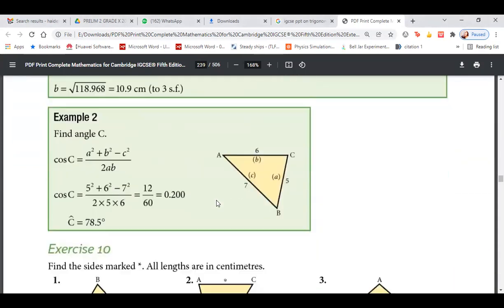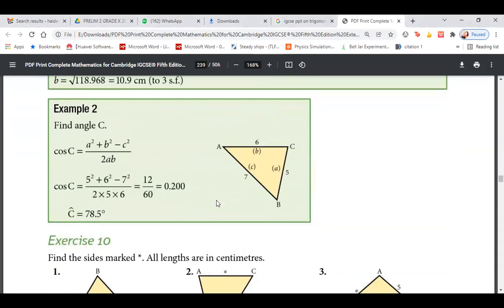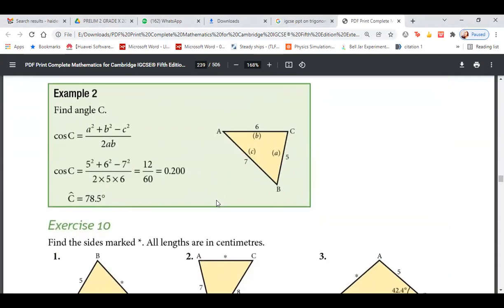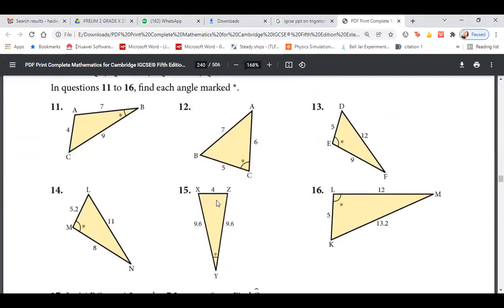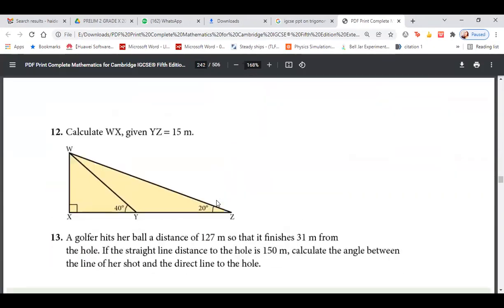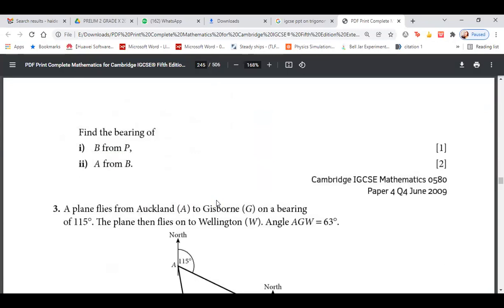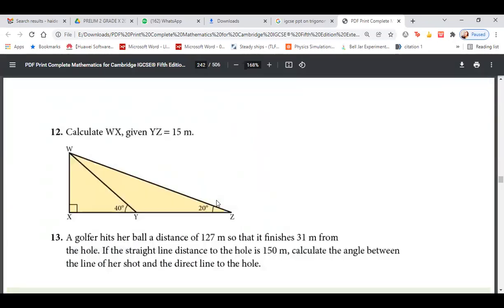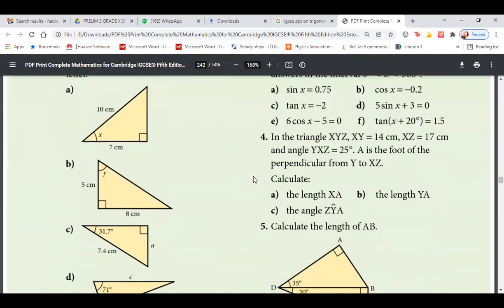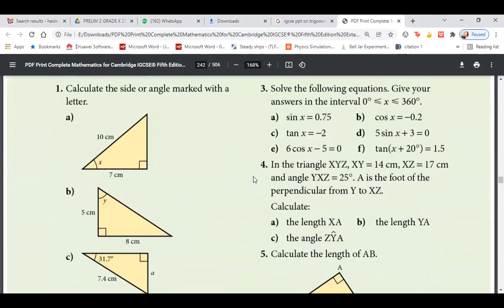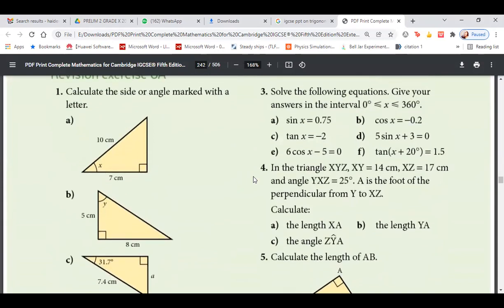So what have we studied so far? Simple formulas on sine, cos and tan, then the sine rule, then the cosine rule, and the Pythagoras theorem. Now on the basis of this, we can try solving some questions. So I'll share screen, and you are going to quickly solve questions on that.